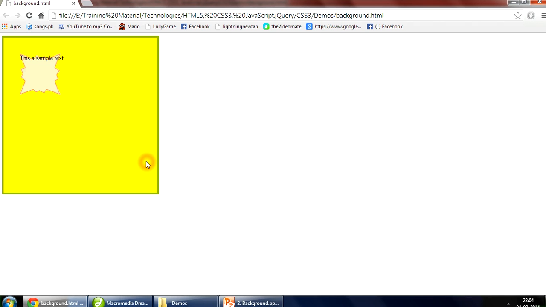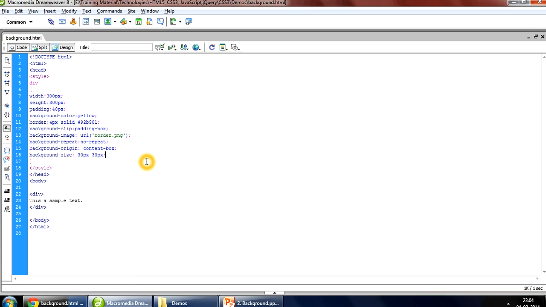Let's set it for 30 pixels and 30 pixels, refresh it. So now you can see that it is reduced a lot. So like this you can set the size of the background image.